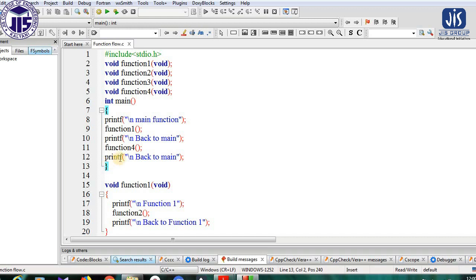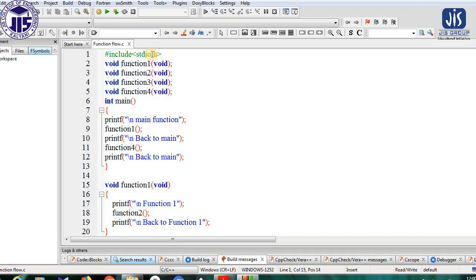Now whatever functions we are using, we have to start calling the function within the main. Now you can see, this is a printf statement. So printf is also a function, but this function is a library function. As we have used a header file here, stdio.h, that is the standard input output header file.